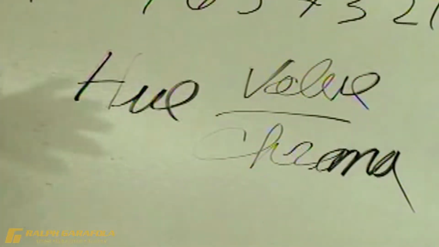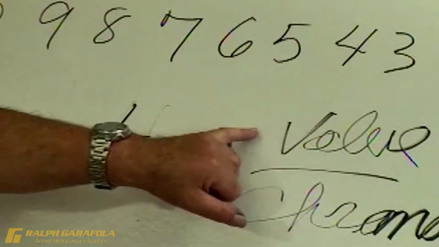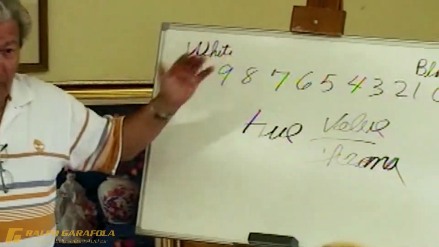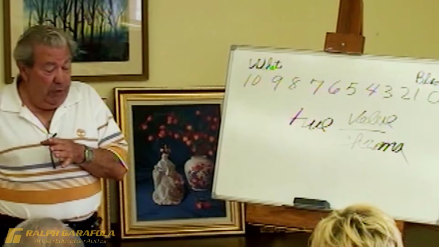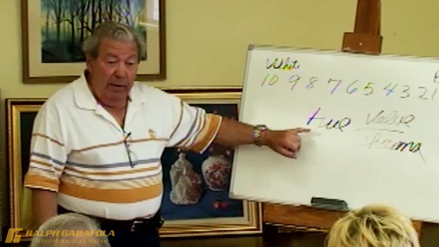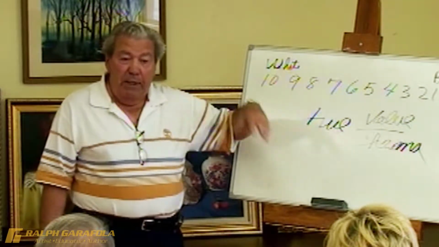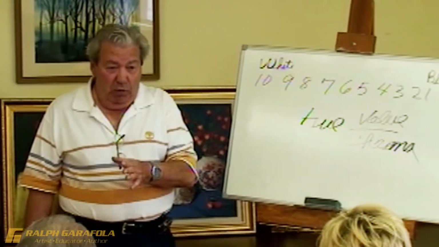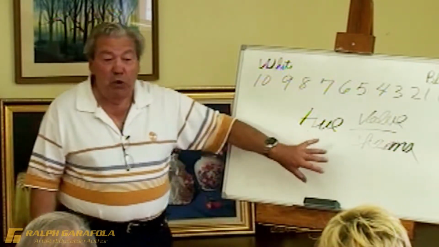That's what it is. When you talk about hue, it's red, green, blue, and so on. The value is how light or dark it is. Nothing to do with color, how light or dark. The chroma is how weak or strong the color is. Strong bright red or weak red. Okay, so the hue is the red, blue, green, whatever. Value is light or dark, and chroma is weak or strong. That gets confusing at the beginning. Once you know that,